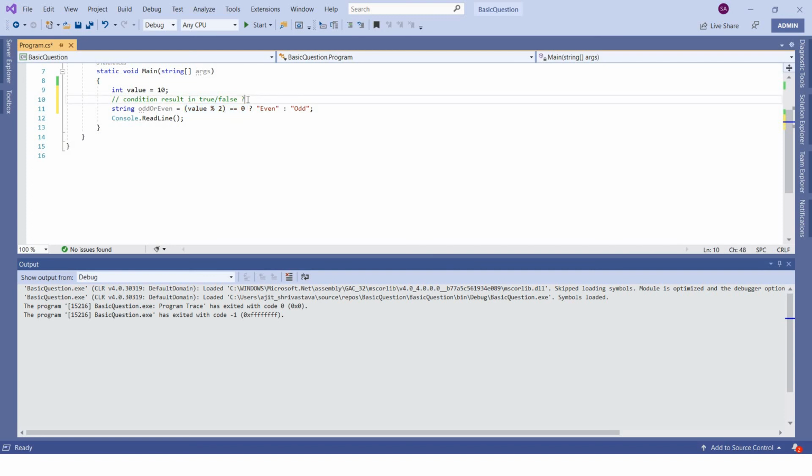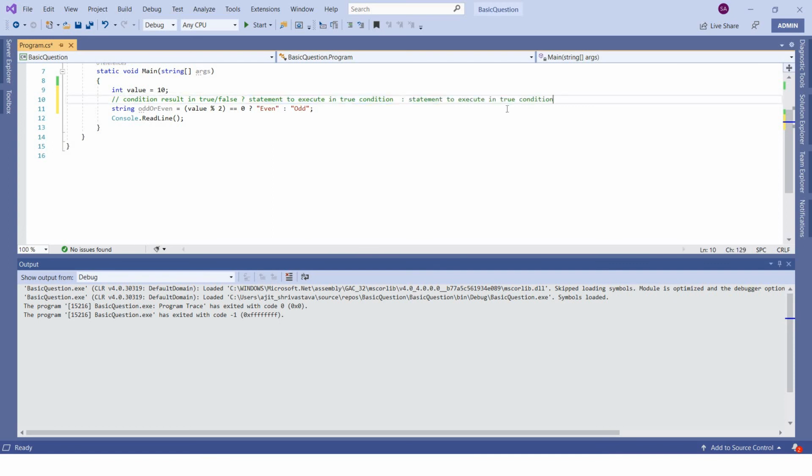Then comes a question mark, then the statement to execute in the true condition. If this condition evaluates to true, it will execute this line. Otherwise, if it evaluates to false, it will execute this line. Then next will be a colon, then the statement to execute in the false condition.